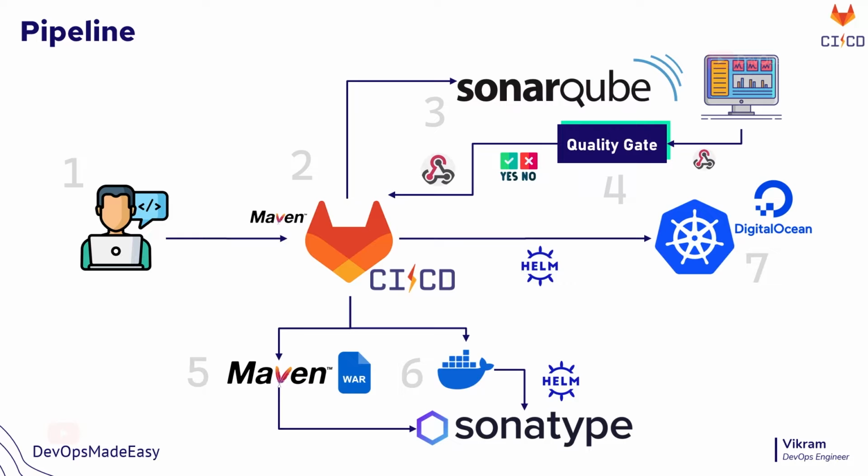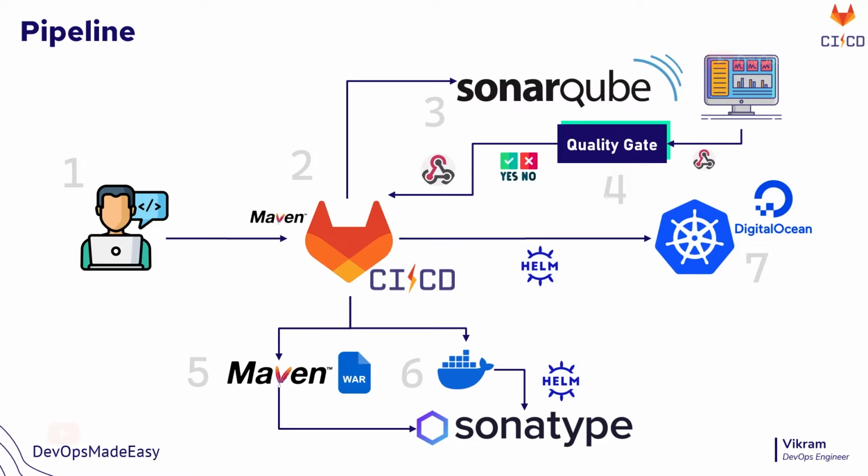The Sonar server will analyze the quality gate information and send it back to your CI/CD, that is GitLab CI/CD. Now if the quality gate is passed, your pipeline continues to go further; otherwise your pipeline will be stopped and the rest of the stages in the pipeline will simply be skipped. So if everything is done, if the quality gate information that comes from the server is passed, we'll go